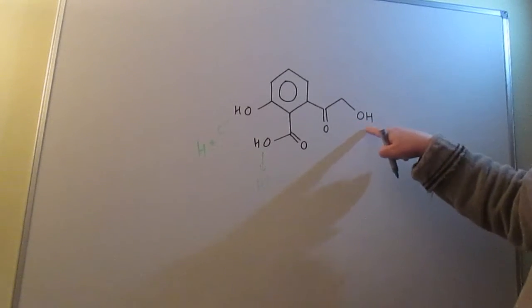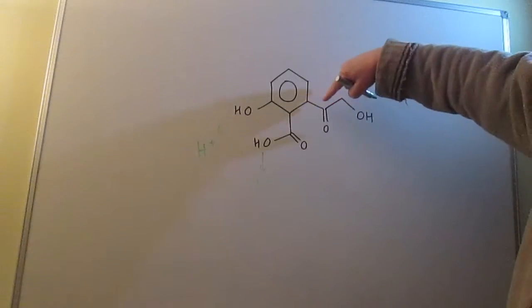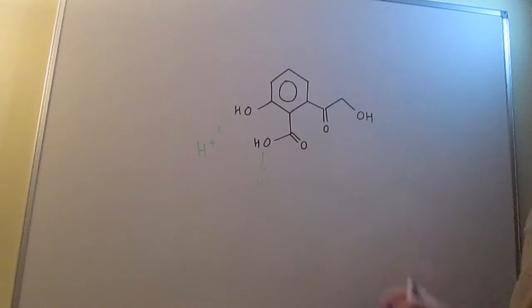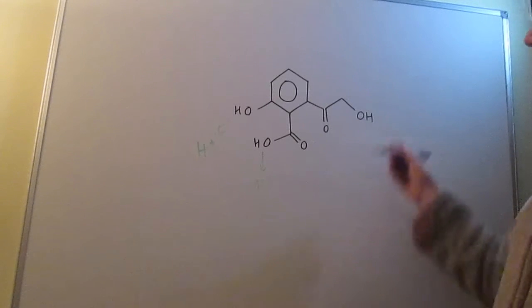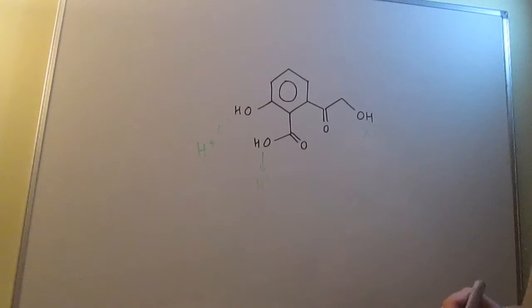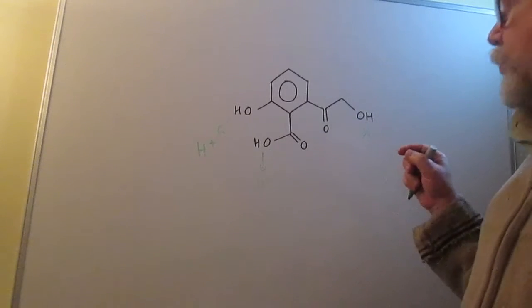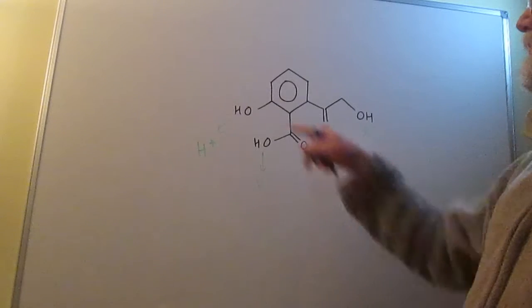This OH, however, is an alcohol. You've got to make sure you see that. It looks a little bit like a carboxylic acid, but there's a CH2 in the middle there, COCH2OH. That's not a carboxylic acid group. That's an alcohol group, and alcohols are not acidic. So there is no H+ from that one. So that means that 1 mole of this compound will produce 2 moles of H+, one from there and one